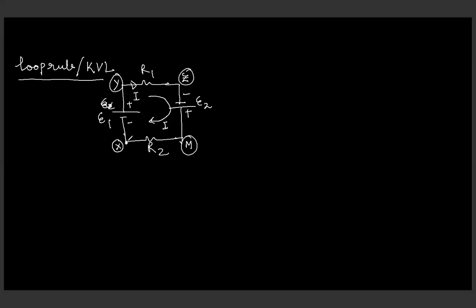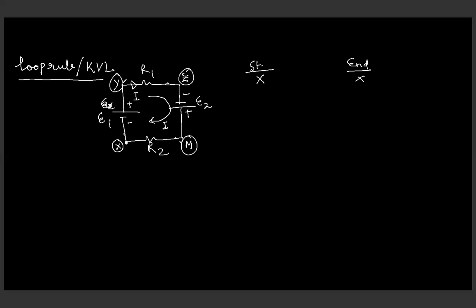Decide any arbitrary point to start and end. If you are starting from X, the starting point is X and the ending point should be X. Choose the path, either anti-clockwise or clockwise. But the concept is that if we are traversing a loop completely, then the potential drops across all the circuit elements should sum to 0. I'll show you actually. If I just tell you the statement, you cannot understand.